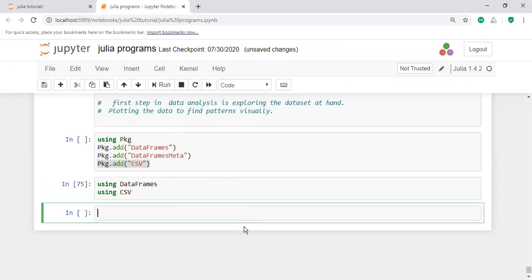How can you do this? For example, let us take df. Here df is a data frame. CSV.read, or otherwise you may use another way of getting the CSV file.